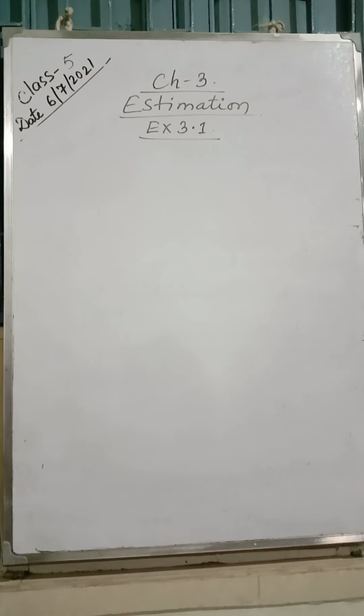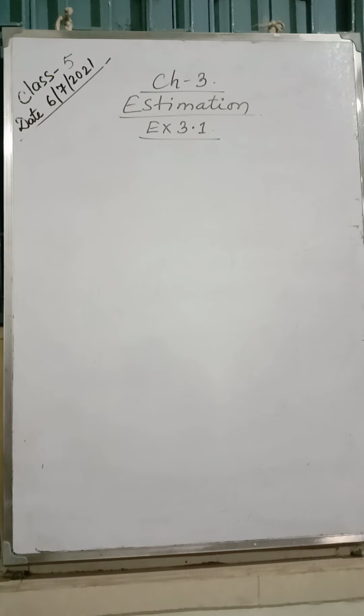Now we shall begin the chapters for half-yearly examination. And the first chapter from half-yearly examination we have is chapter 3, estimation. The word is not new for you, is it? You have learned it in chapter 1 also, where you had rounded the number nearest 10, nearest 100, nearest 1000. The same thing we have to do for this chapter.